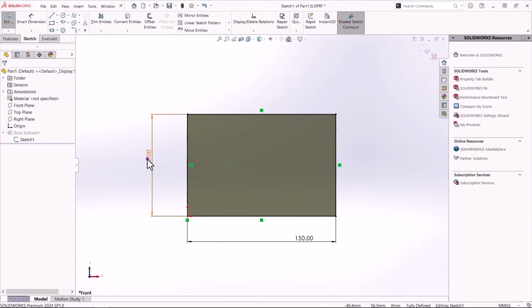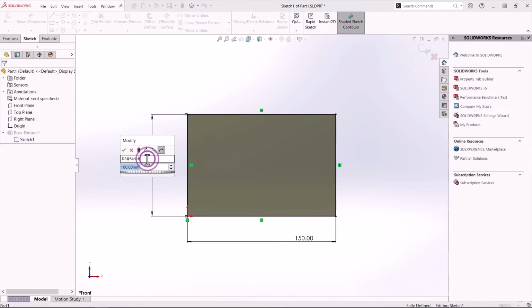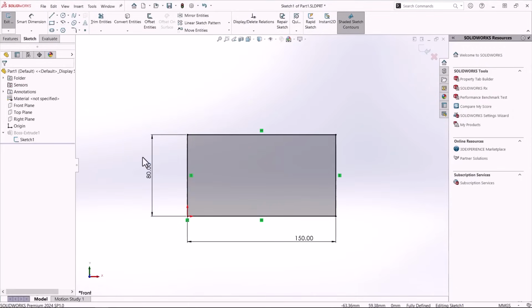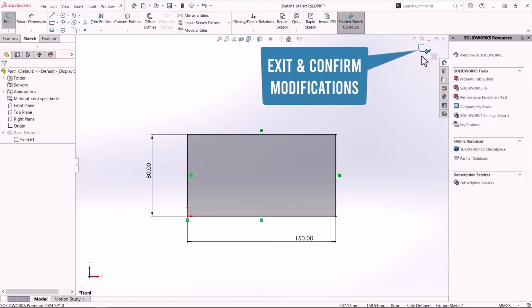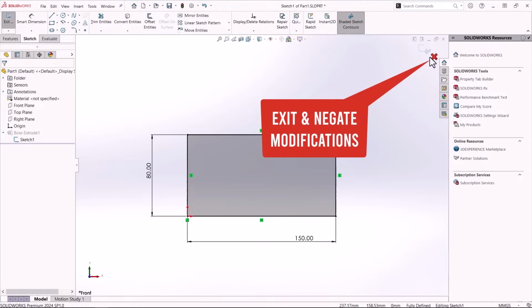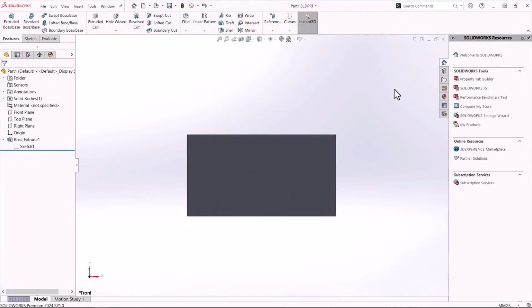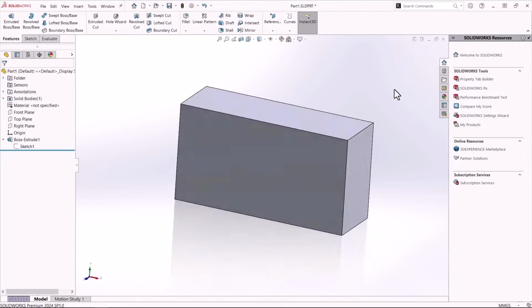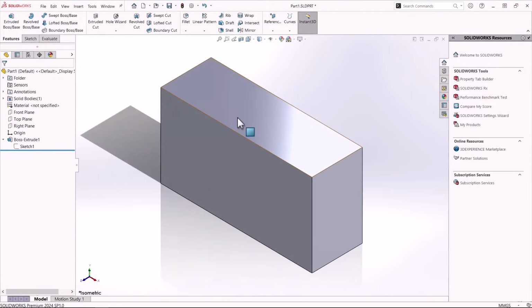For instance, let's change that dimension here. When editing a sketch, I can either click on the pencil icon to apply the changes I just made, or I can click the X to negate the modifications I just made. This flexibility allows us to refine our design easily, ensuring precision and accuracy in our models.